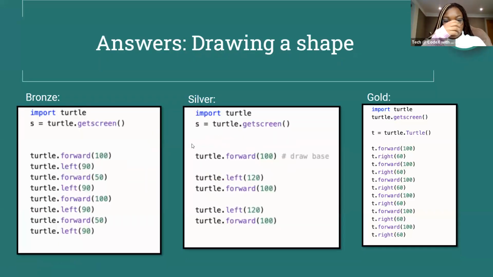So it appears that they've drawn the base first. So they drew the base of the triangle, the bottom line of the triangle, by doing forward 100. They went forward like this. And then they turned left 120 in a clockwise direction. Okay, that's great, Rudy. Yeah, excellent. Then they turned left, and if that's a clockwise direction,